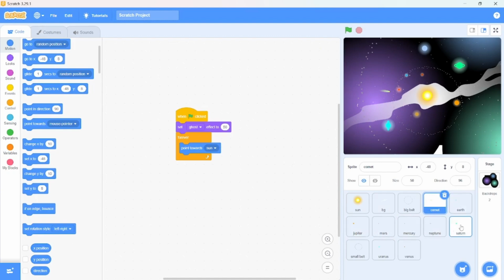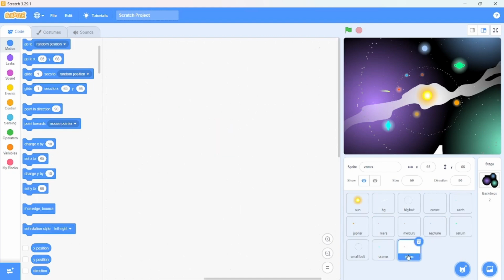I can give you an overview of what we are going to do with all our planets. Basically, as the green flag is clicked, we will turn them by certain degrees and then we will set their position with respect to the sine and cos of the angle. That means we will calculate their distance from the sun and they should move in a circular direction. All the planets will be coded in the same way.